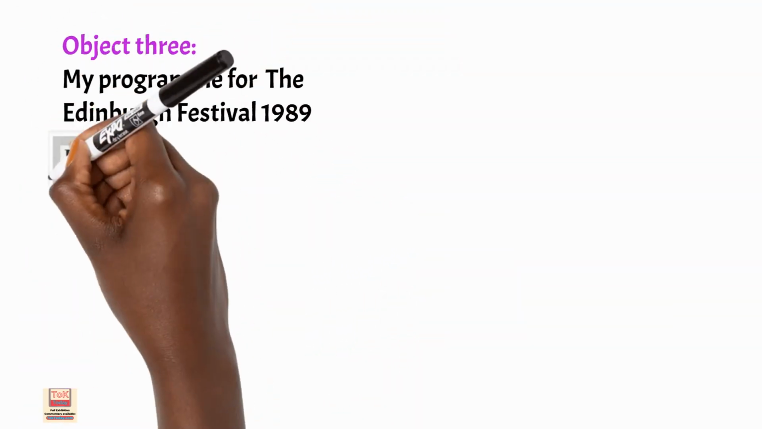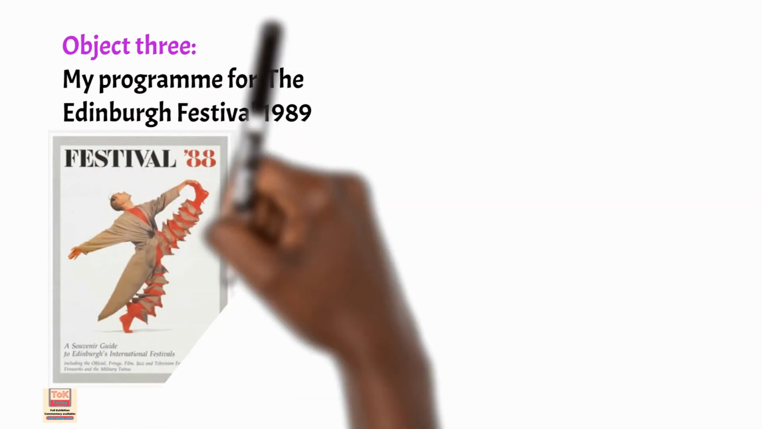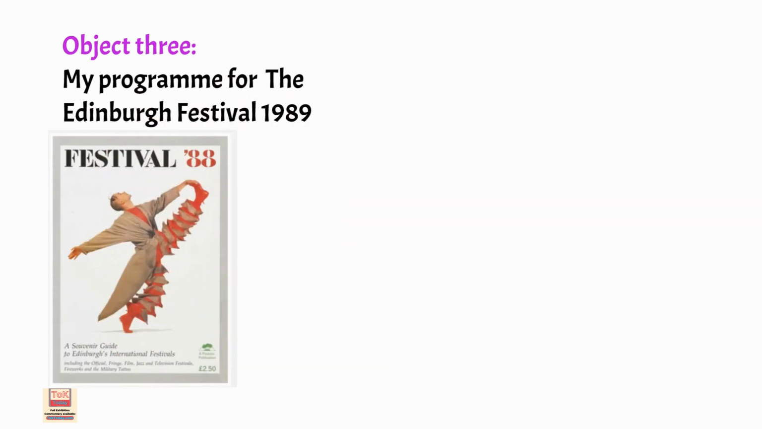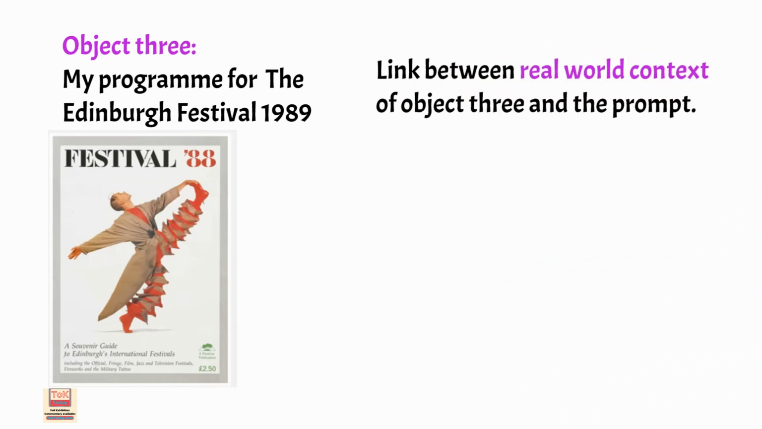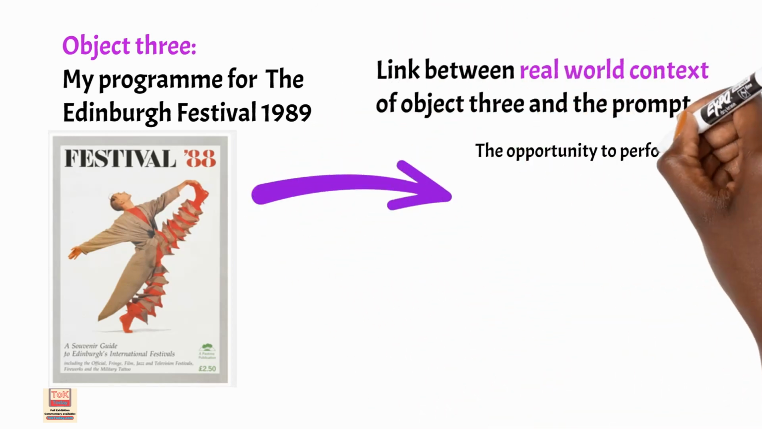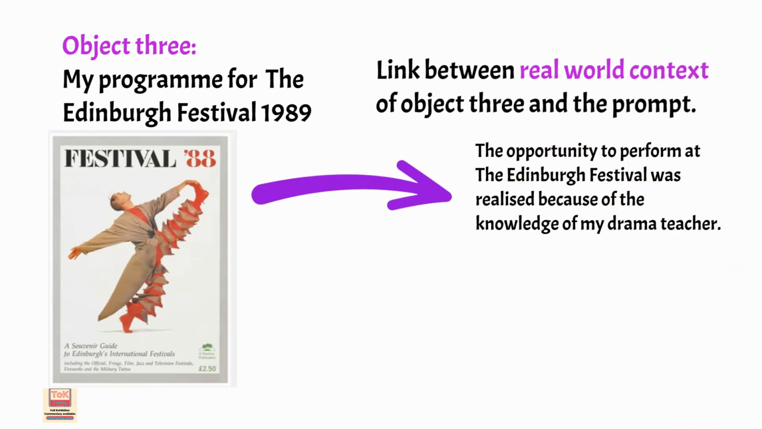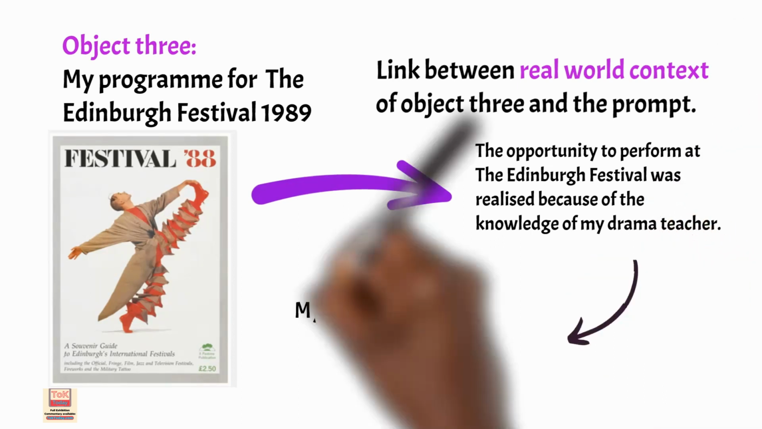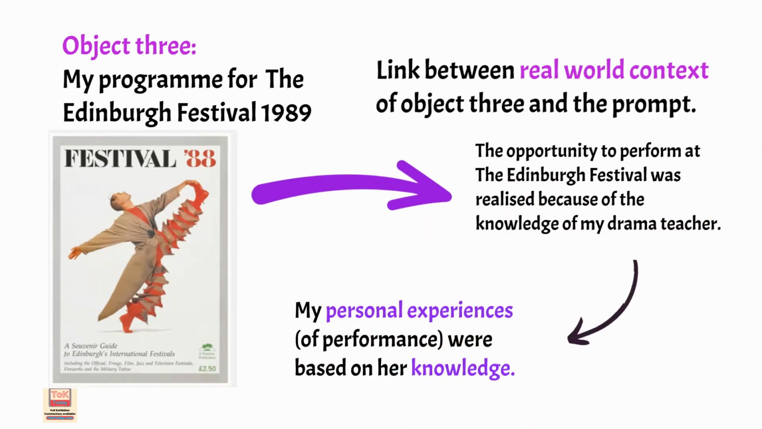And so I come to Object 3. Object 3 is my programme for the Edinburgh Festival in 1989. And the link between the real-world context of this object and the prompt is that the opportunity to perform at the Edinburgh Festival only came about because of the specialised knowledge of my drama teacher, the wonderful Mrs. Marshall. The argument here that I'm making is that my personal experiences of performance at the Edinburgh Festival were based